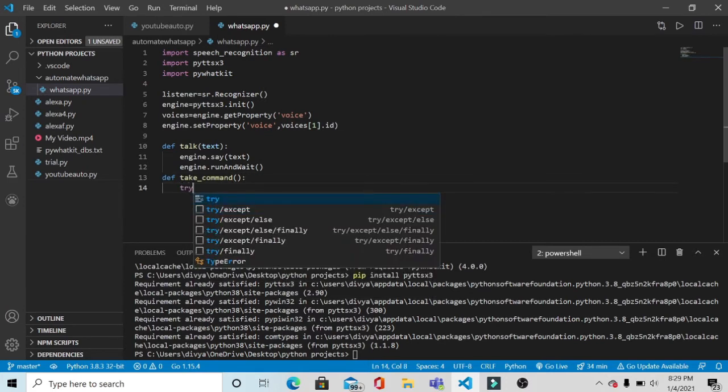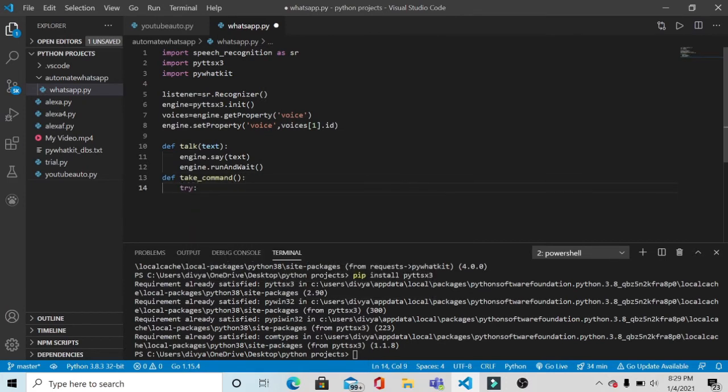After that, we are making a try and catch block. In Python there is no try catch block, there is a try and except block. You can pass the code there. What the try block does is try to execute your command. Let's say your microphone is not working properly, then the try block will not be able to execute the command, and it will pass the whole control to the except block, and the except block will execute its code.